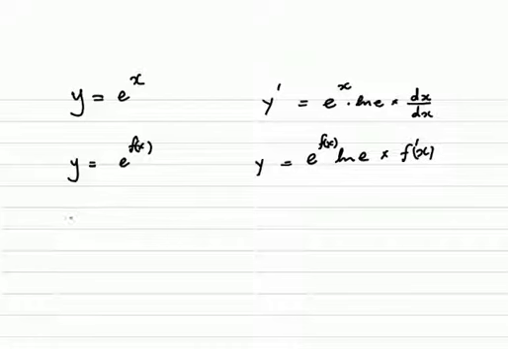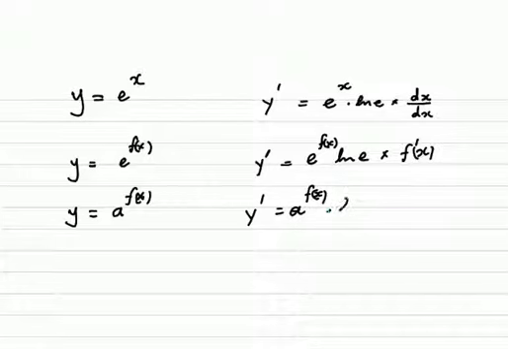Using a general base, which is not natural, we say a to the power of f of x, and the derivative will be a to the power of f of x multiplied by ln of a multiplied by the derivative of the argument. Now, if we integrate a function like